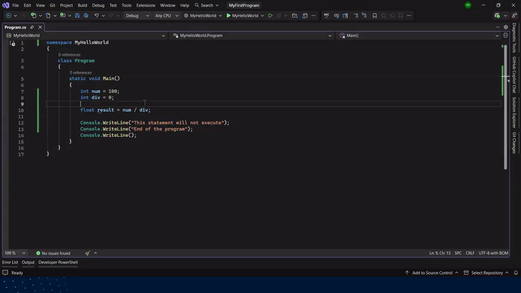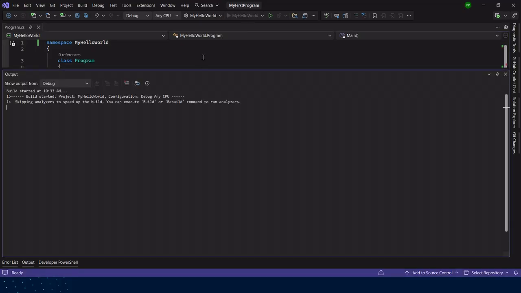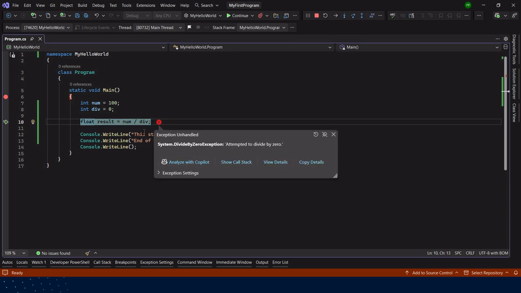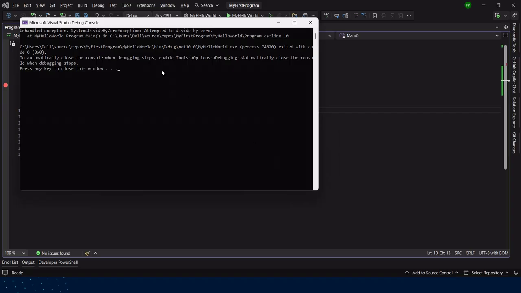Let's put a breakpoint and then we'll see how it works. If I run this application, it hits the breakpoint and you can see num is 100 and div is 0. When I press F10 again, you can see the exception occurred, unhandled. So this is basically unhandled. The exception is DivideByZeroException: attempted to divide by 0. We are trying to divide this number by 0, and if you press F10, the system broke. So this is the unhandled exception, and after that